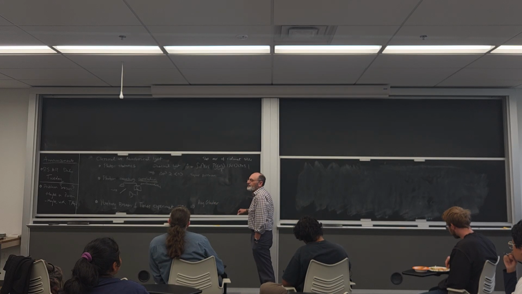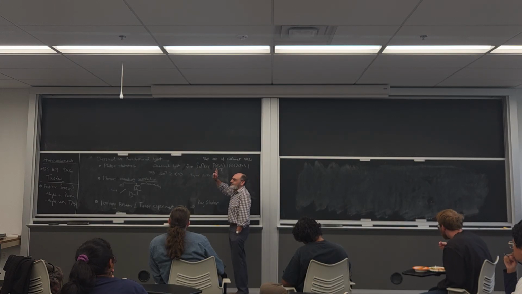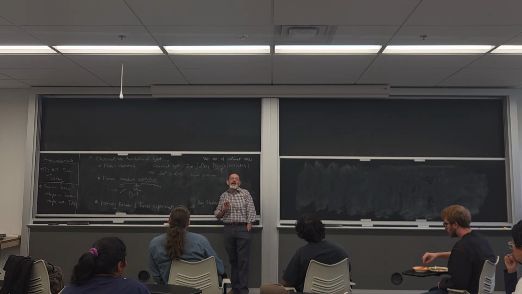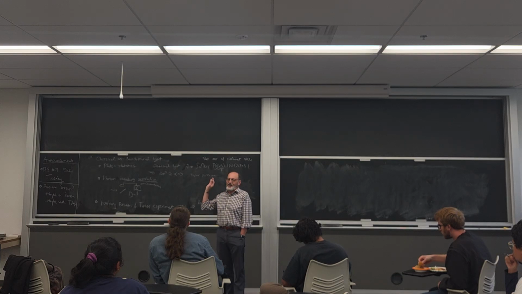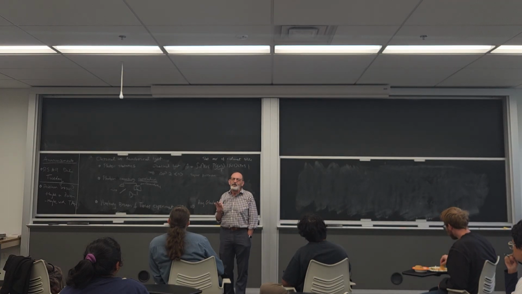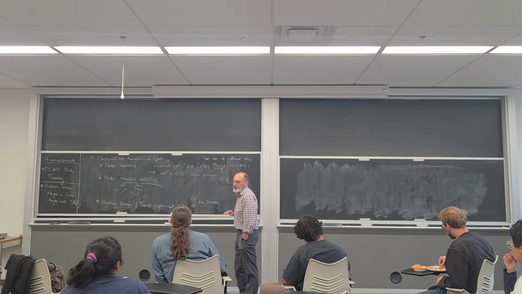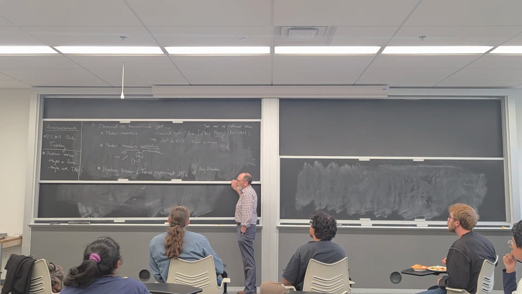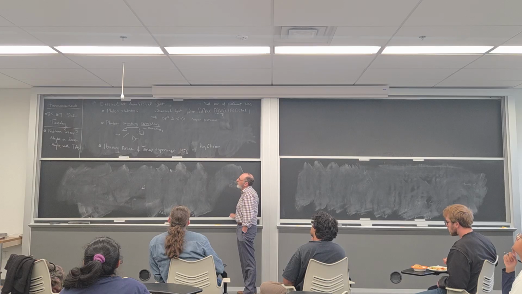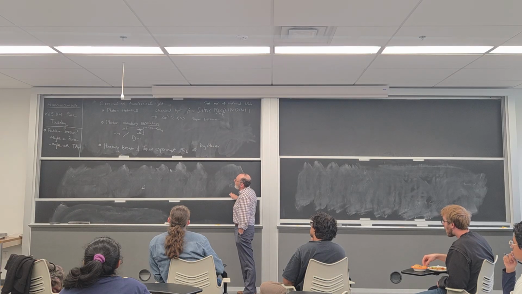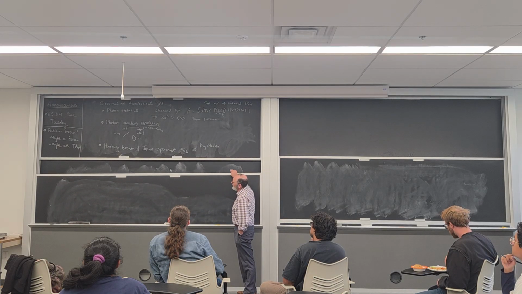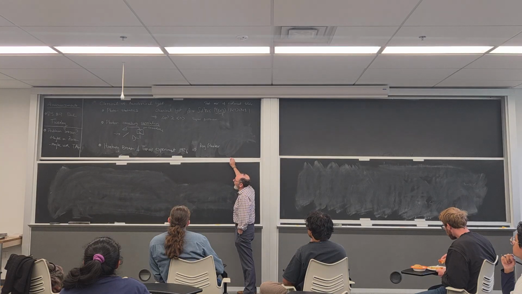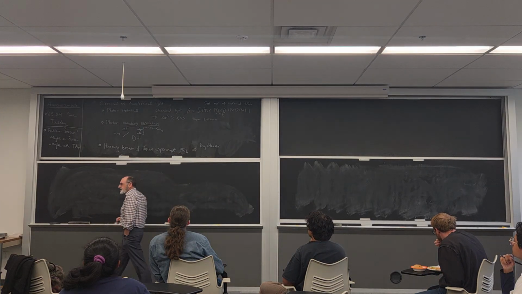Glauber's notes that tell the whole story are one of the best pieces of physics writing I've ever read. I'll put it on the web soon, and I highly encourage you to read it. So let me tell the story a little bit and think about why this was a controversy and how we understand it now